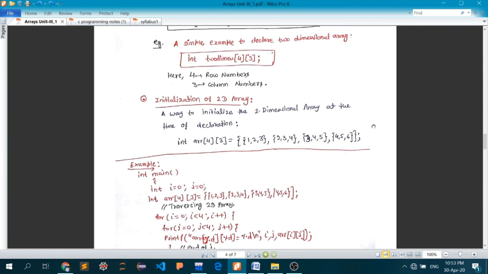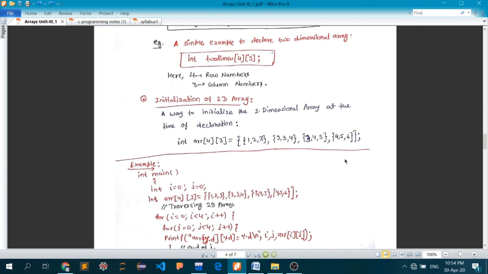Here you can see that we have initialized this array with values by hard coding it. This particular array called ARR has 4 rows and 3 columns. So we have provided 4 small arrays. Each array depicts a single row, and each smaller array has 3 elements inside, which depict an element for each column. So first row, second row, third row, and fourth. That is one way to initialize your 2D array.